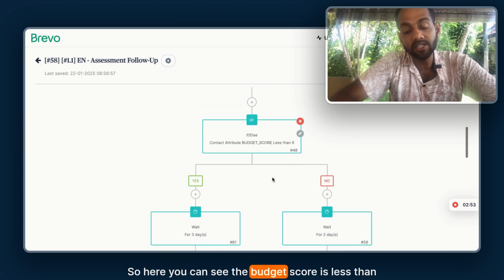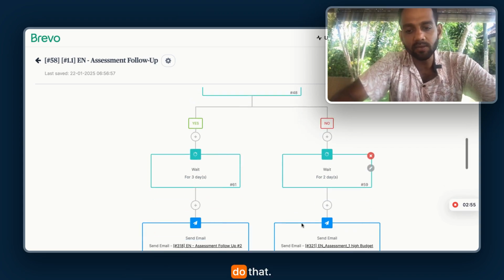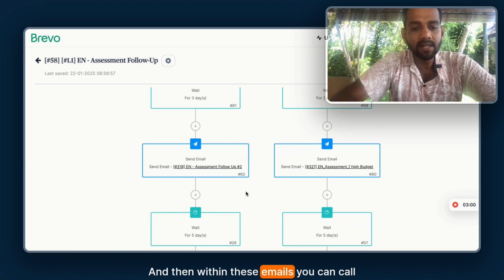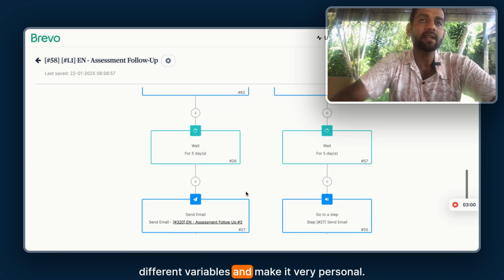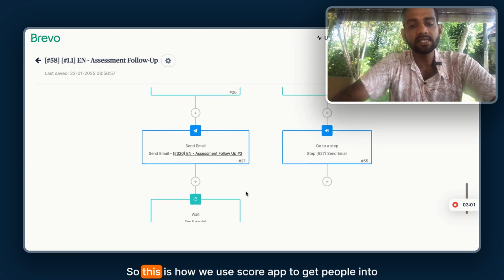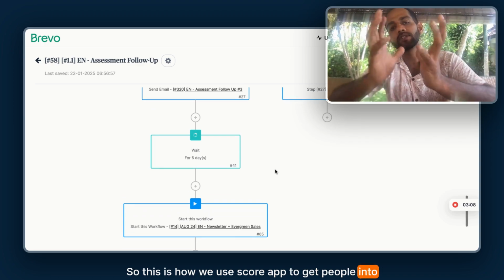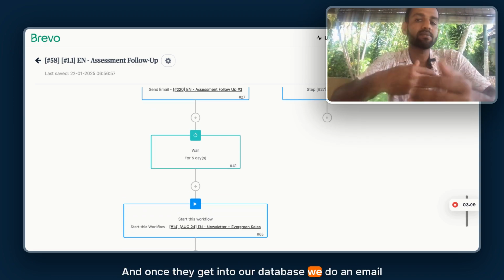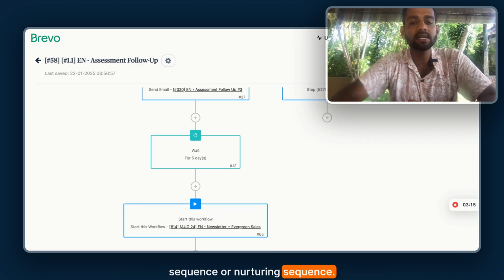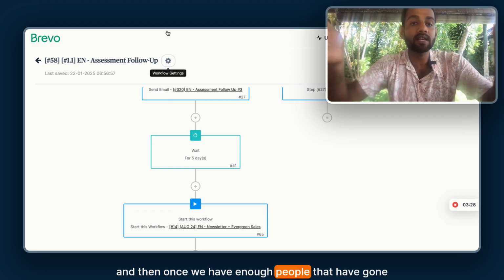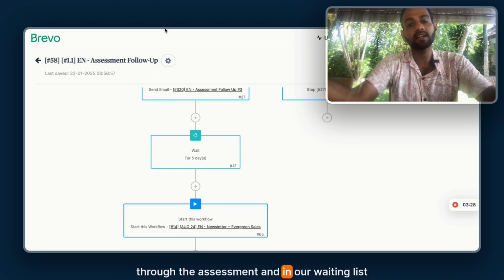So here you can see if the budget score is less than 6, do this, do that, right? And then within these emails, you can call different variables and make it very personal. So this is how we use ScoreApp to get people into our database. And once they get into our database, we do an email sequence or nurturing sequence. And then once we have enough people in our database that have gone through the assessment and are on our waiting list,